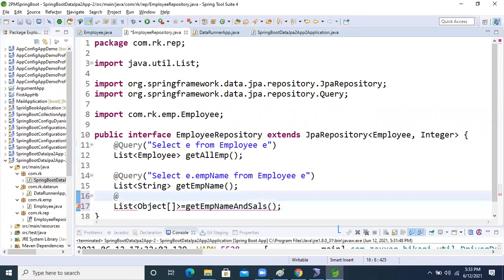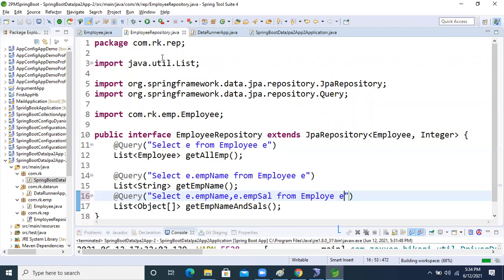So what will the query be now? The equal sign is not required, so remove it. Select E dot EMP name, comma, E dot ID, comma, E dot salary, from Employee.